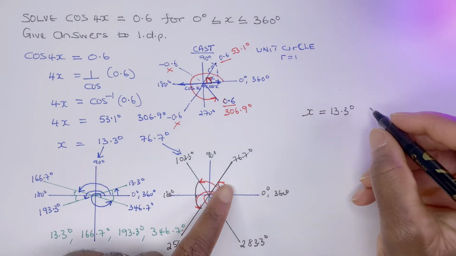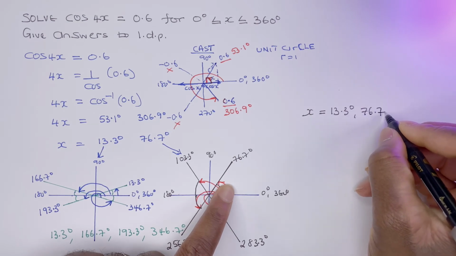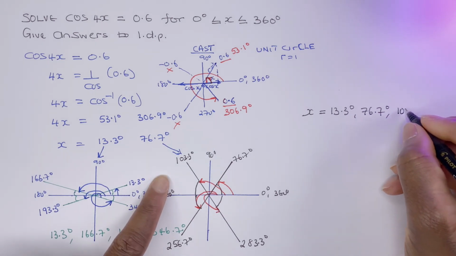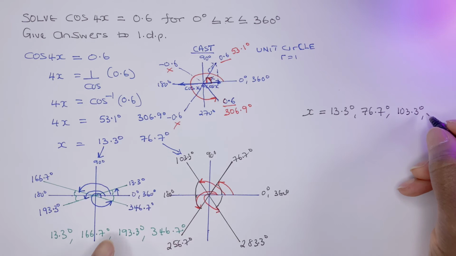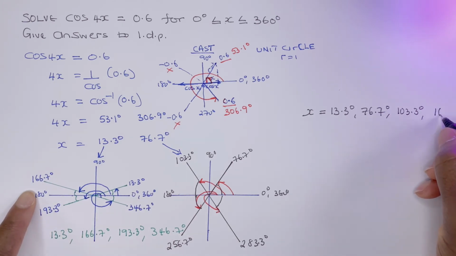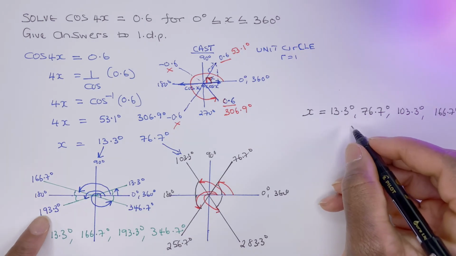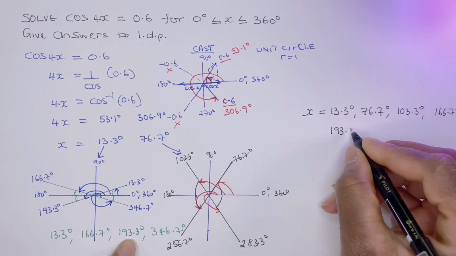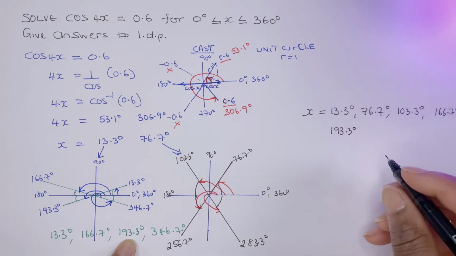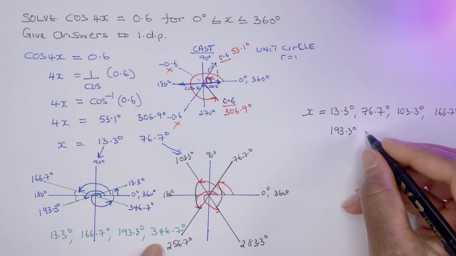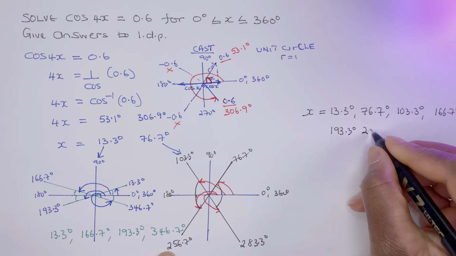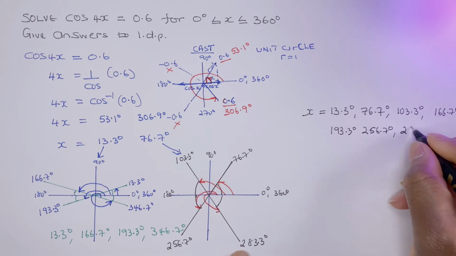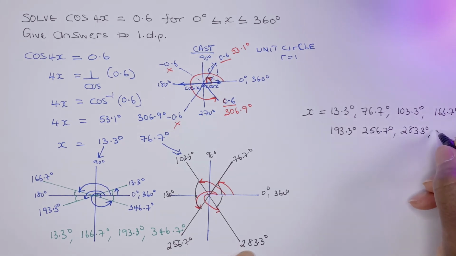The next number is 76.7 degrees, then 103.3 degrees, followed by 166.7 degrees, 193.3 degrees, 256.7 degrees, then 283.3 degrees, and